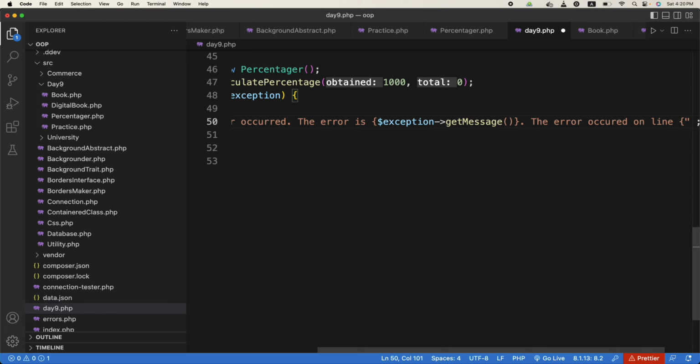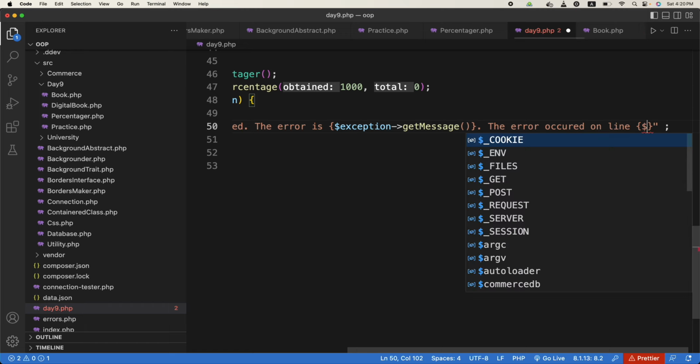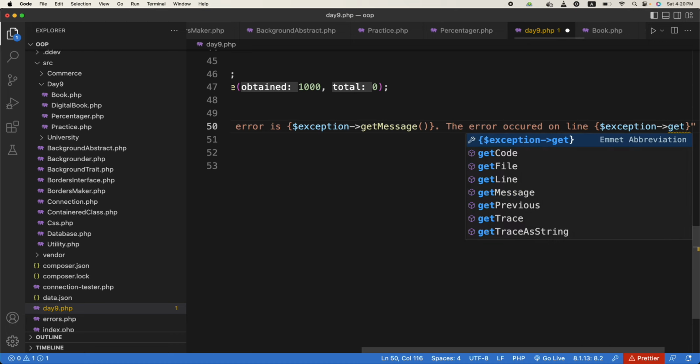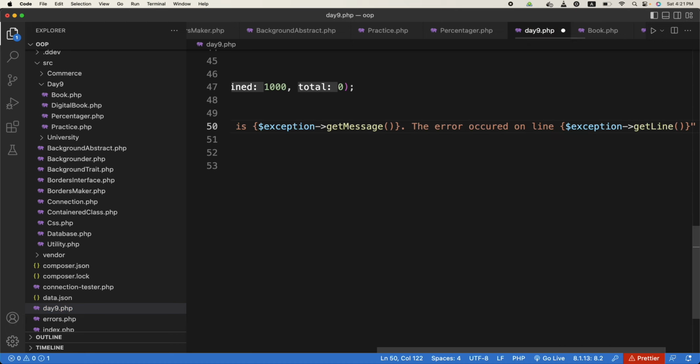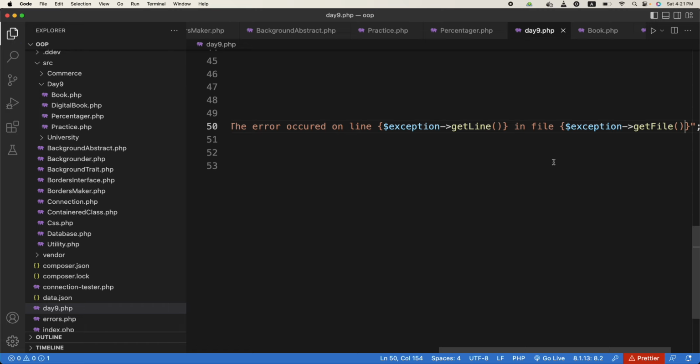So we can use $sign again here, exception get line, like this, right? In file, which file? So again we can use $sign exception get file, right? So this is that exception, some error